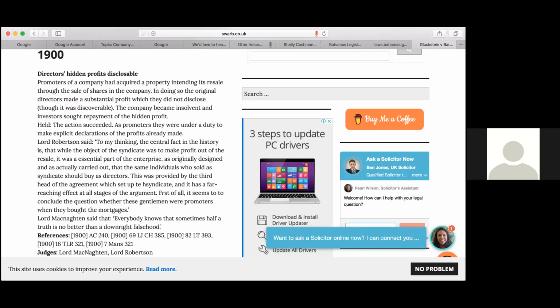So the duties of a promoter don't end on the incorporation of a company, nor do they end after the board is appointed. But remember, once the company has acquired the property or business which it was formed to manage, the initial capital has been raised, and the board has taken over the management from the promoters, the promoters' duties terminate.